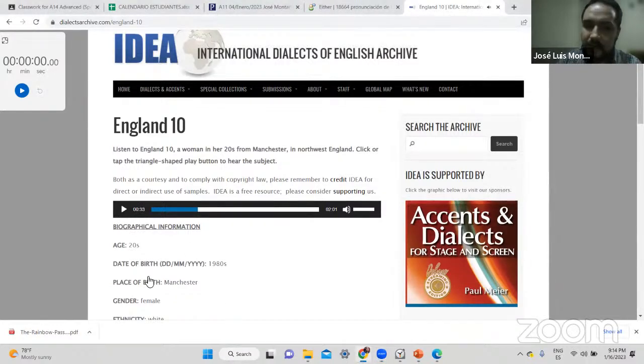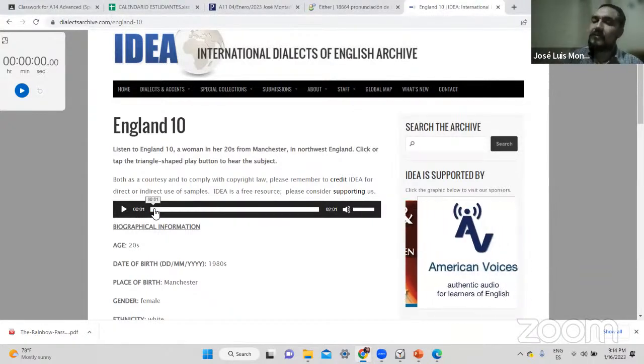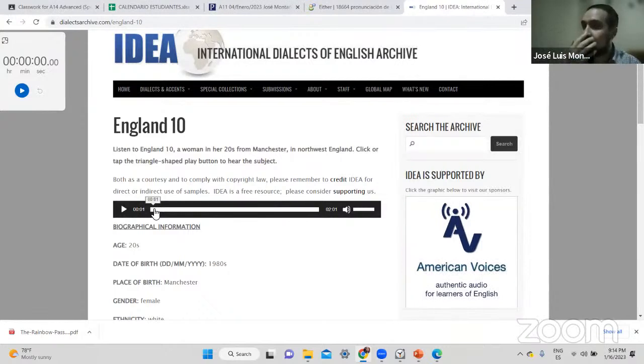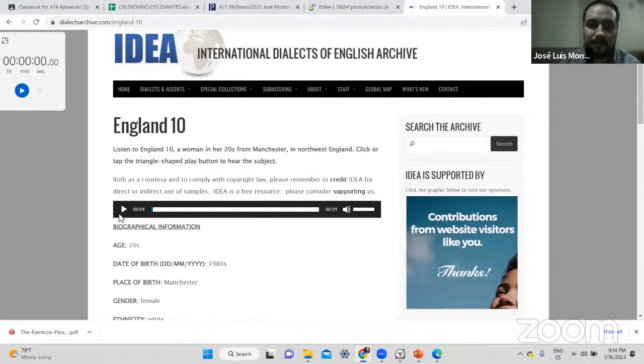Okay, so that's the part. I'm going to play it once again, and again, try to identify differences in how she pronounces the vowels and the consonants and the overall words. All right, so here we go. This is the second time. Then you give me your opinion on that, and then we start the practice by recording.